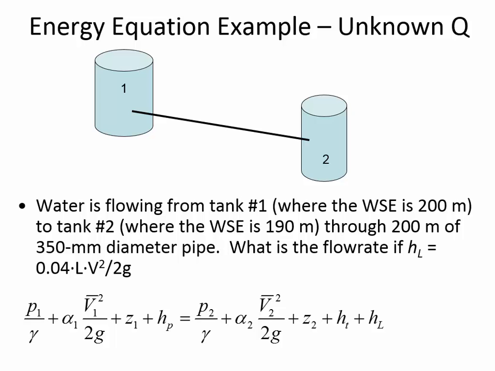In the same way, the velocity is going to have an effect on the energy loss. And this is a little bit less obvious than the case of the length. So why do you think a higher velocity will lead to more energy loss as water flows through the pipe?